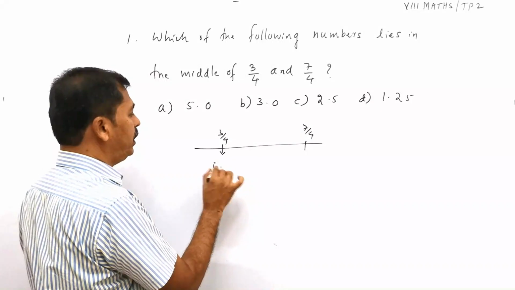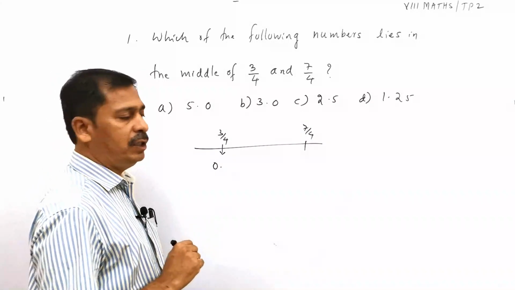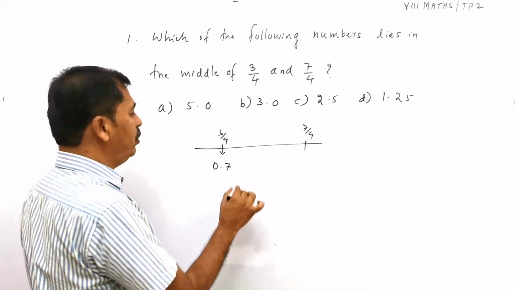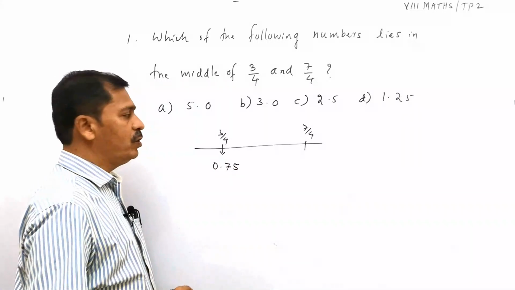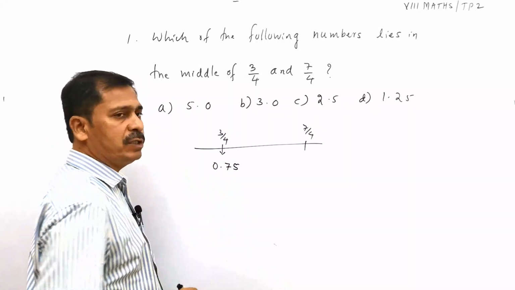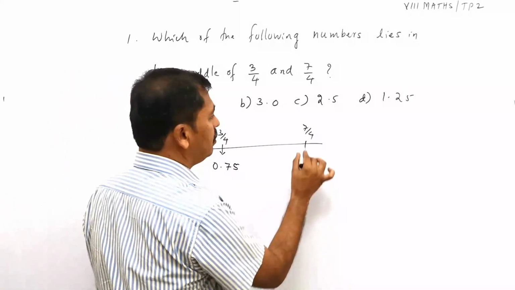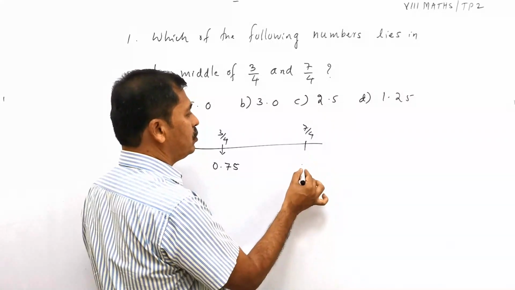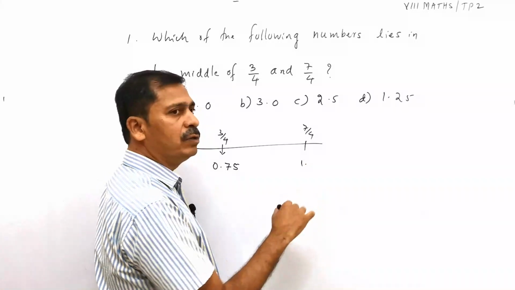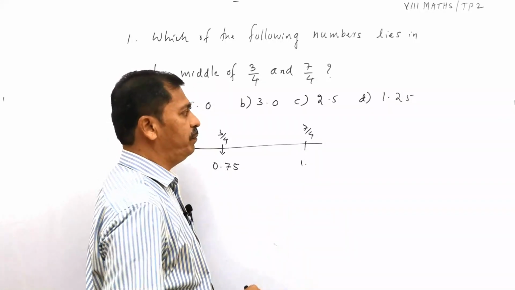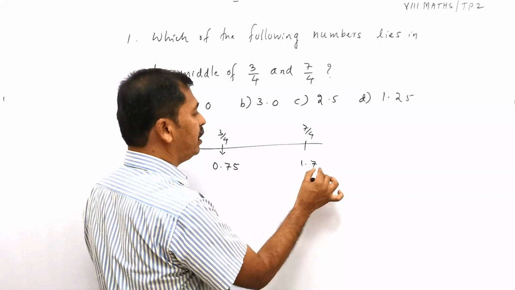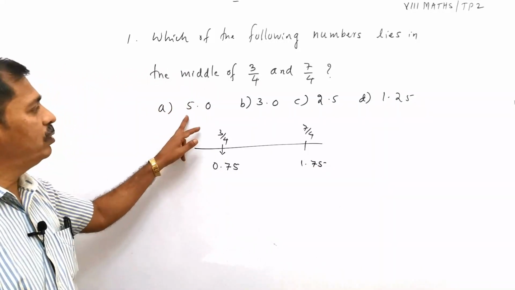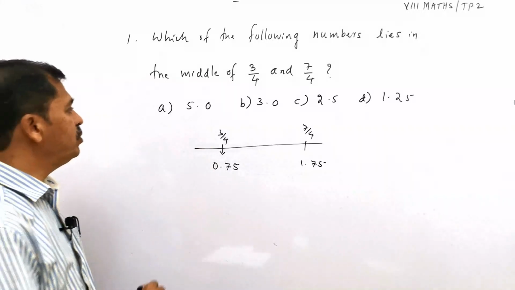So we will take 0 point, then it becomes 30, 4 sevens are 28, and then 2 remains, 20, 4 5s are 20, here it is. So 3 by 4 is equal to what? 0.75. Similarly here, divide 7 by 4, convert it into the decimal form. So 4 ones are 4, decimal 30, 4 sevens are 28, and then again 4 5s are 20 here. So 1.75. Definitely 5 is not lying in between these two.